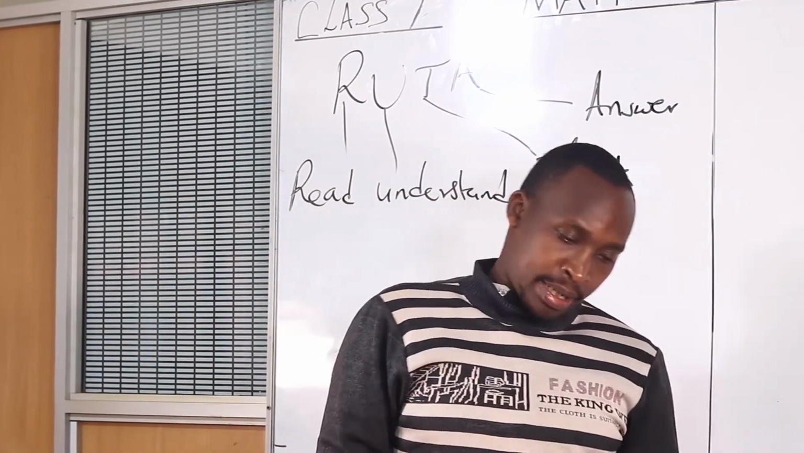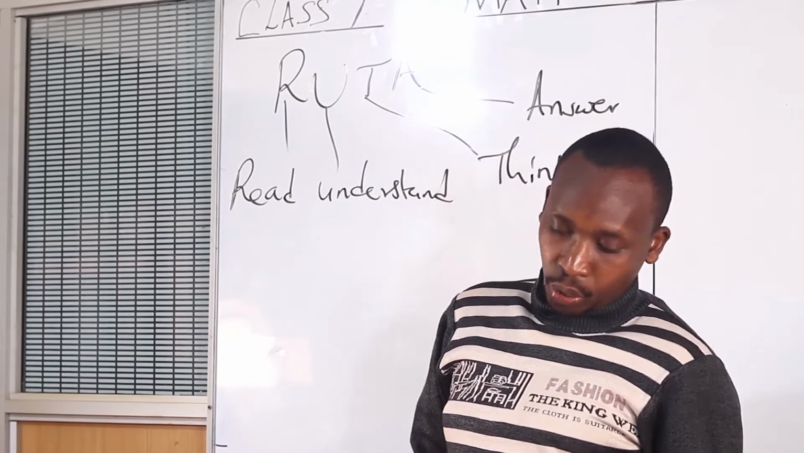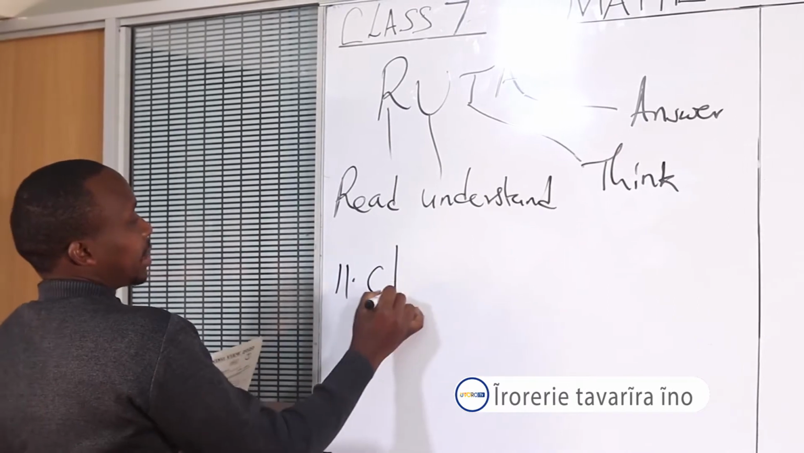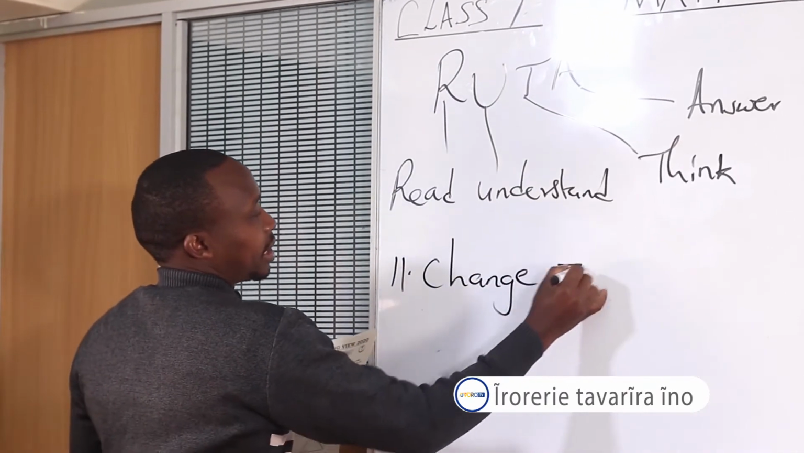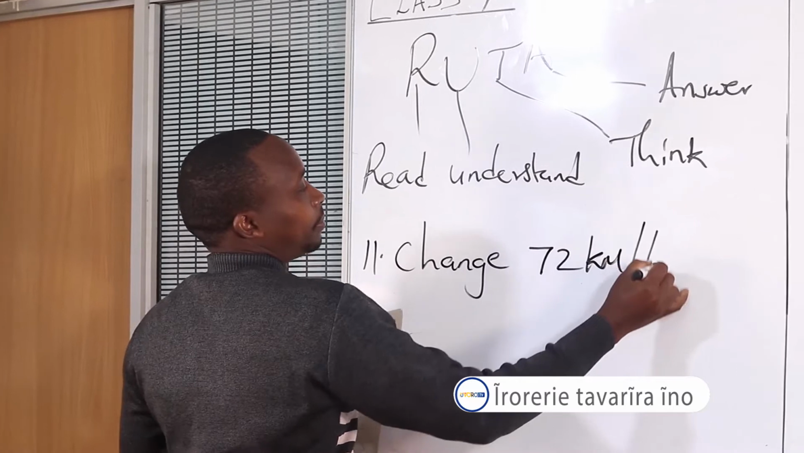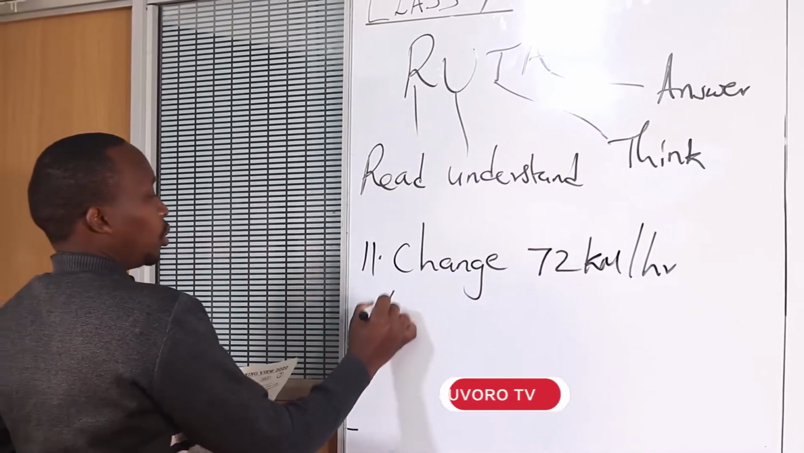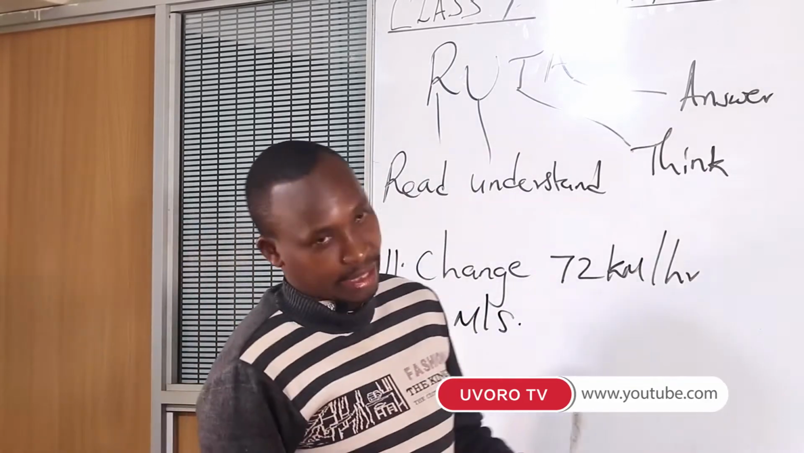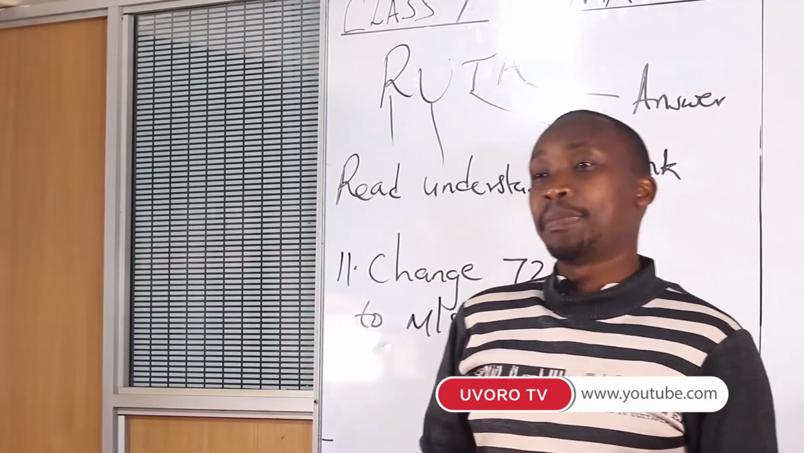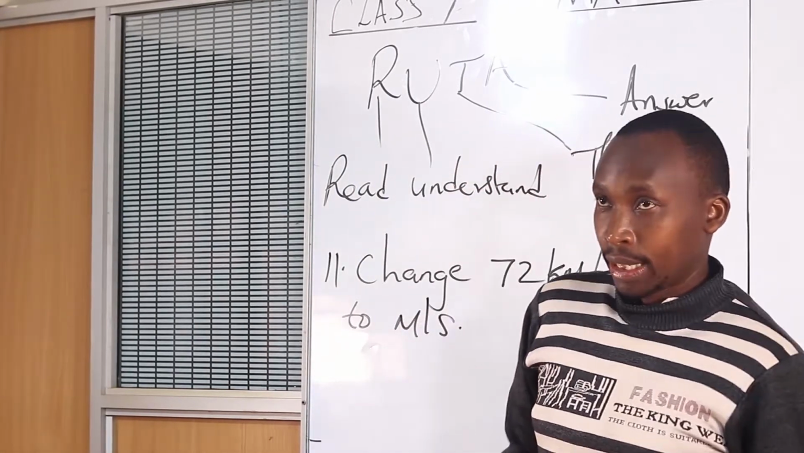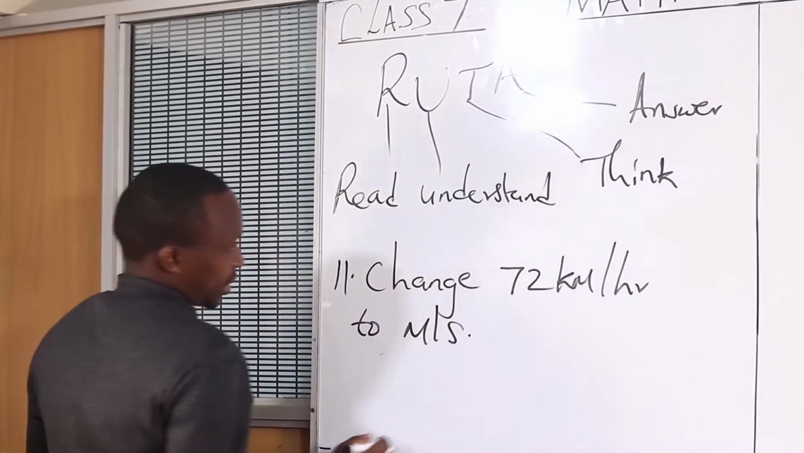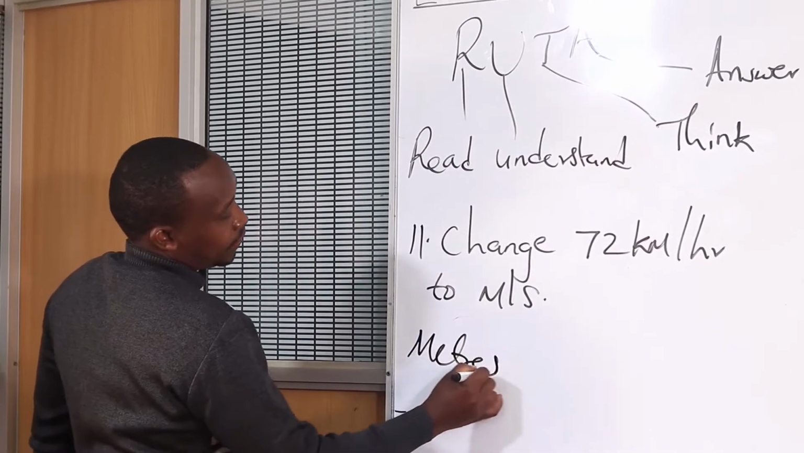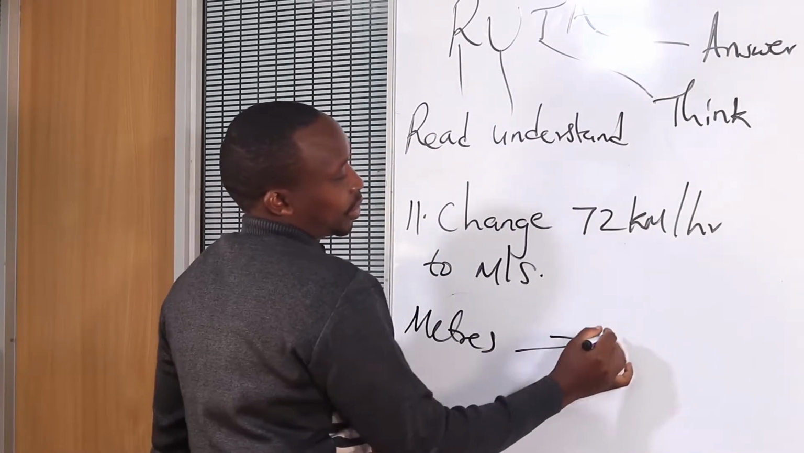Now, we are going to go direct to question number 11. Question number 11 reads, change 72 kilometers per hour to meters per second. Now, class, we are supposed to know this. When you are changing kilometers, meters, if you compare meters and kilometers,